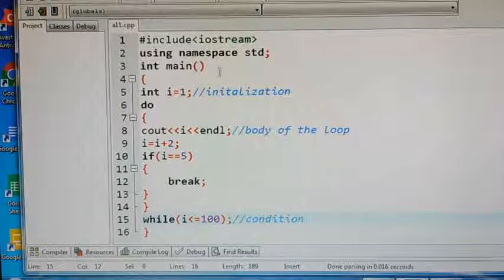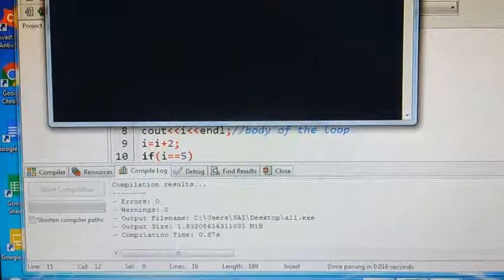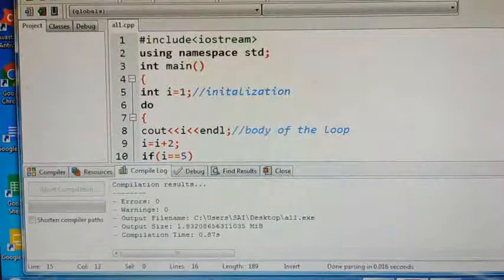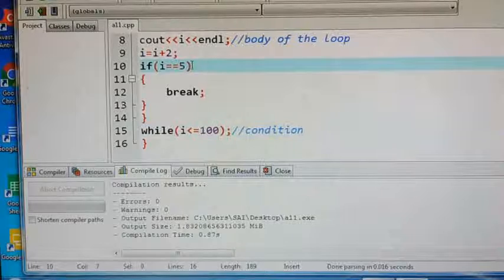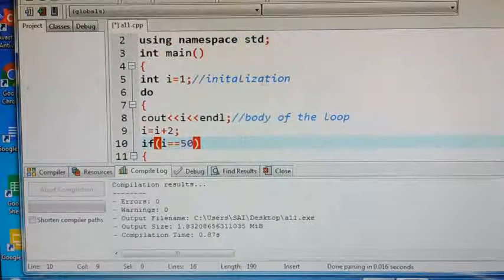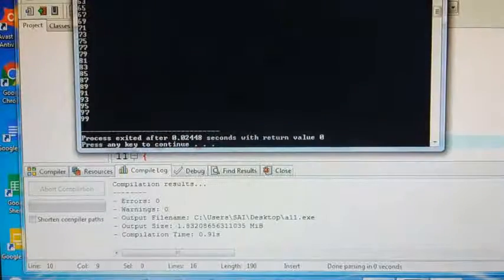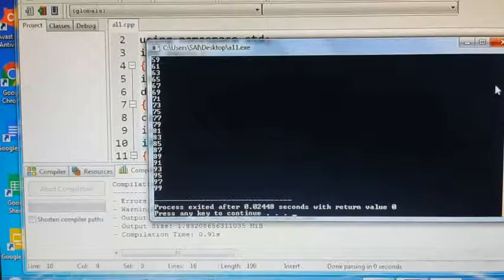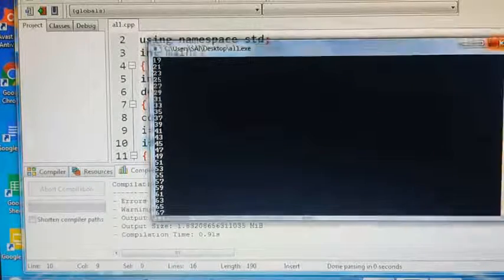Now save it. Execute. Compile. No errors. Execute. Run. In another editor it is giving, it seems. It is not i equals 5. Okay, it is printing for i equals 5. No? Here you have to give i equals 50, because our condition is I want to check whether 50 is there or not, right? Save it, execute, compile. No errors, execute, run. See, it is printing, just a minute.